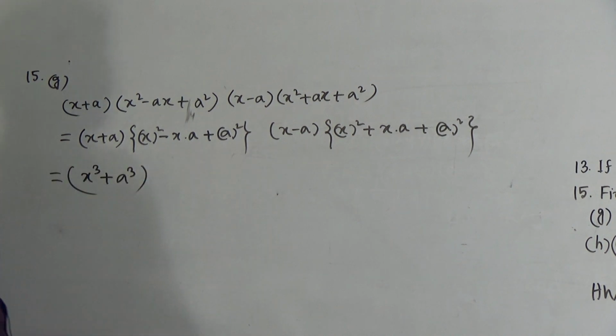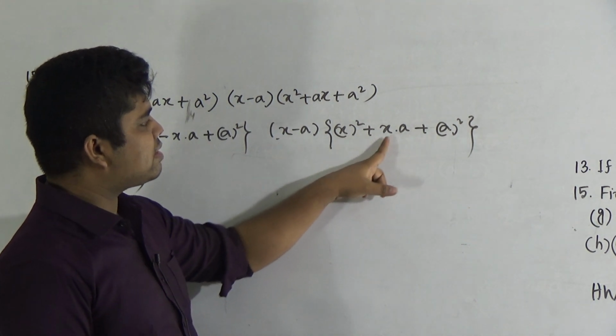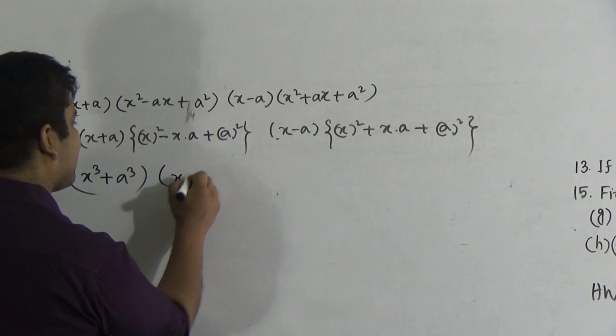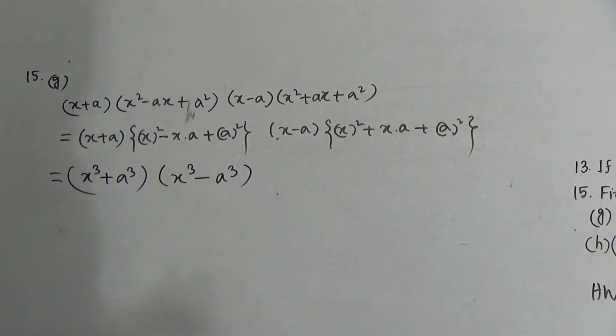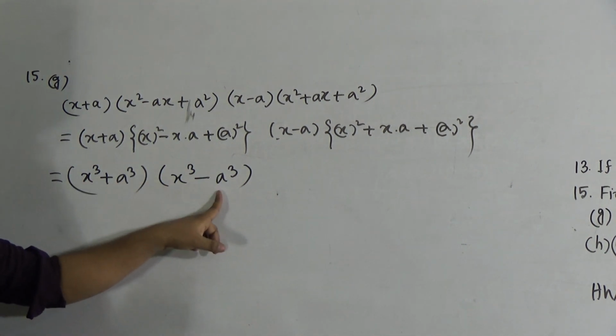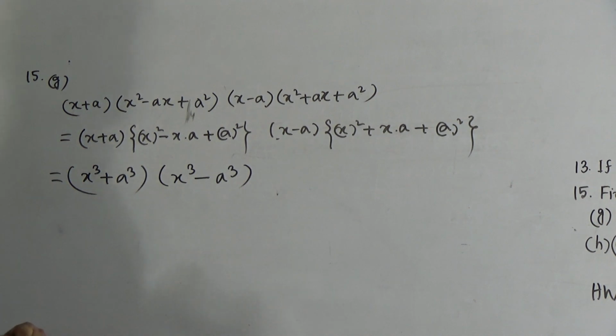This one is done. Next, x minus a into x square plus x into a plus a square. This is the formula of x cube minus a cube. Okay, so notice a plus b into a minus b. So what is the formula of a plus b into a minus b? The formula of a plus b into a minus b is a square minus b square. So here a is x cube and b is a cube. So write